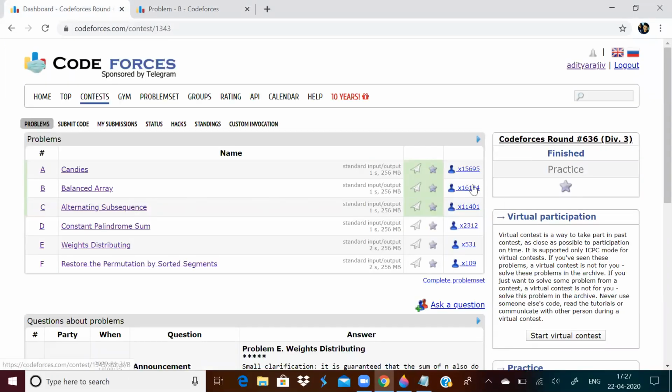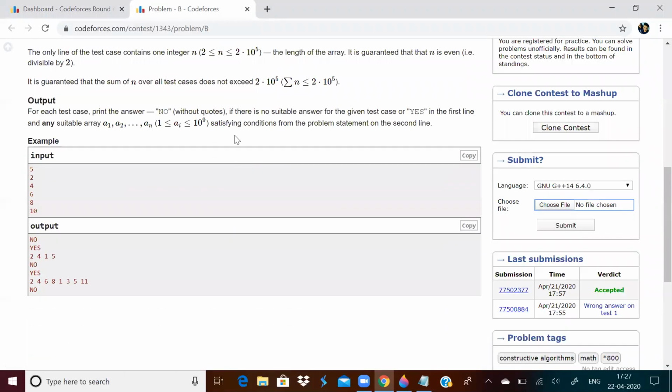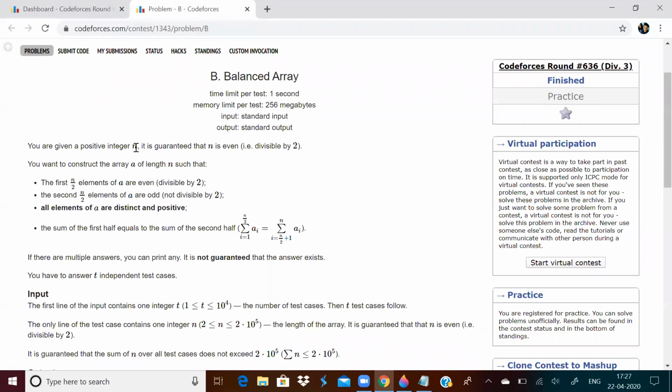You can see number of submissions is more than the first one itself. So you have been given an array of n positive integers, and n is divisible by 2. What you have to do is construct an array of length n. First n by 2 elements are even, second n by 2 elements are odd, all elements are distinct and positive, and sum of first half equals sum of second half.